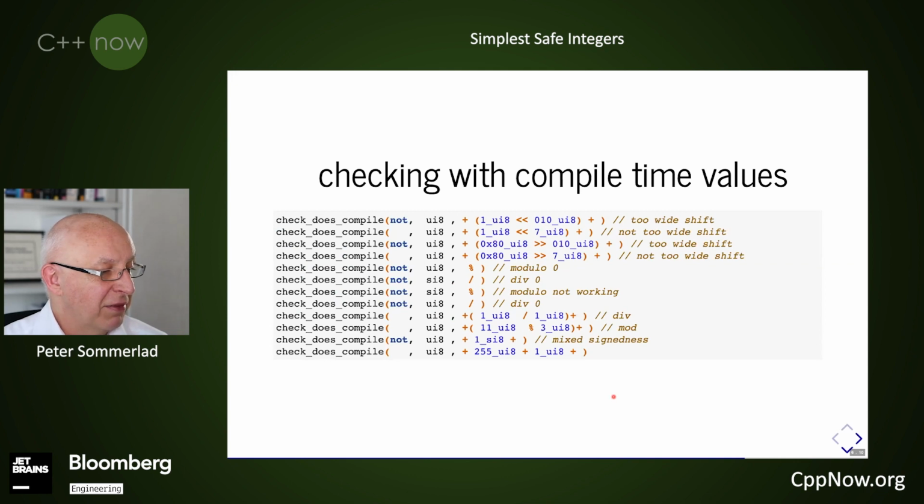So we can check with other values if they are invalid and not happen at compile time. If we want to check concrete expressions between our interesting parts, we can use the parentheses and the plus operator, because adding 0 isn't adding to the value, and we can actually check if these operations work. And if you want to mix the signedness, we can check if the 0 of type UI8 can be added with the 1 of SI8, and that shouldn't compile, and that checks quite well.